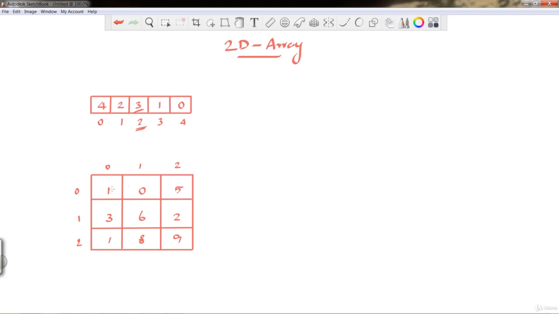So here we can access each and every cell with the corresponding row and column indexes. So this one is 0 of 0, meaning row 0 and column 0. This one is 0, 1, meaning row 0 and column 1. Like this. This is 0, 2 and this is 1, 0, meaning row 1 and column 0. And like this, the other cells are